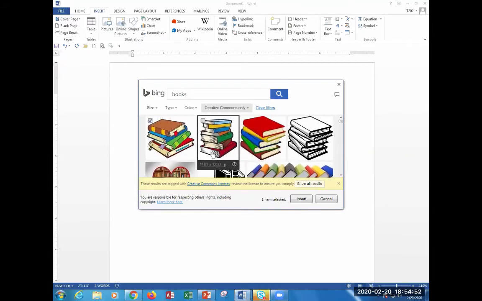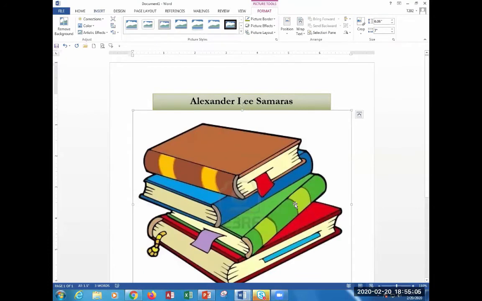So we're going to go ahead and use any of the ones that you find that look okay enough, kind of like the one they have on page 149. This one looks close enough, so I'm going to use it. Now, the problem is that it's way too big. So I need to change the size of this picture. In my picture tools right now, this is 6 inches by 7 inches,